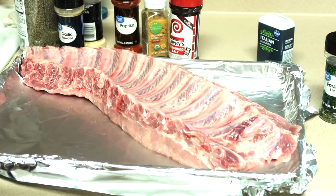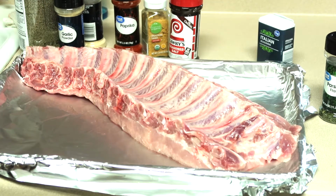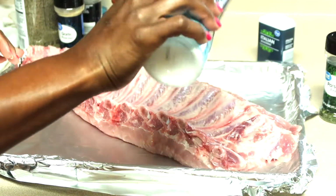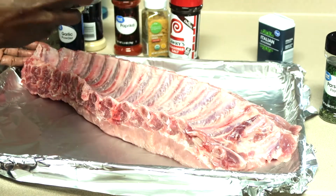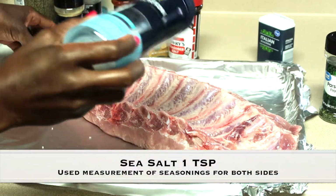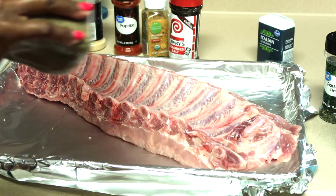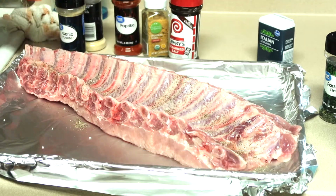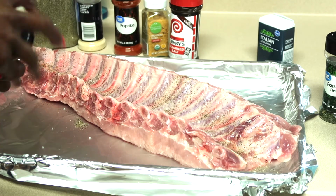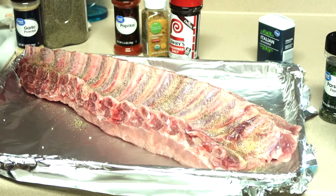So now the next step is actually seasoning them. All right, we're going to start off with our pepper, and we're going to go ahead and get these seasoned, and then we're going to go from there, okay? All right, so let's go ahead and get one side seasoned. And this is actually the sea salt. We got our pepper. We have our garlic powder, our onion powder,